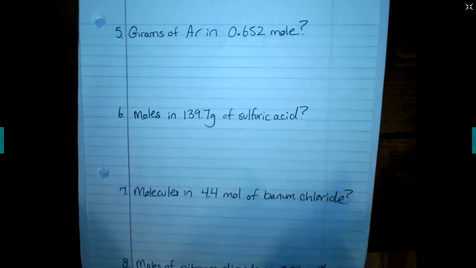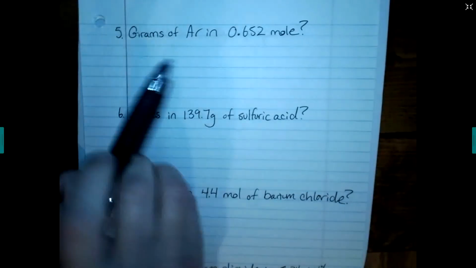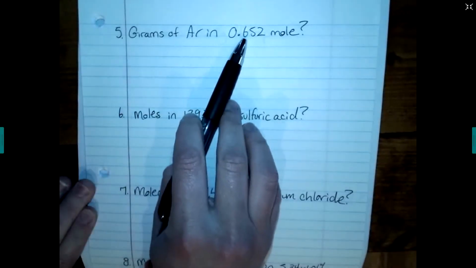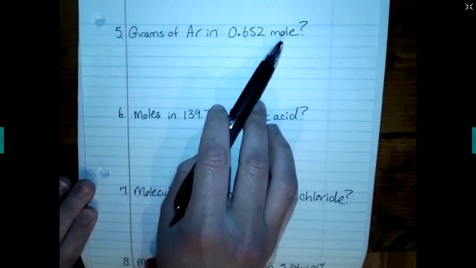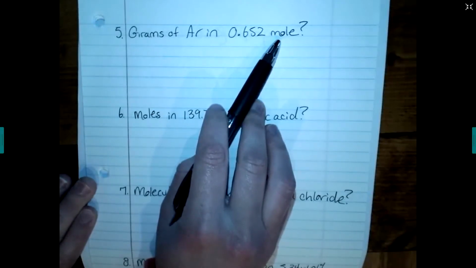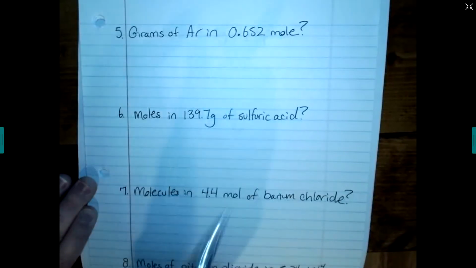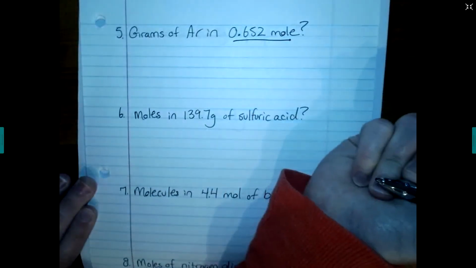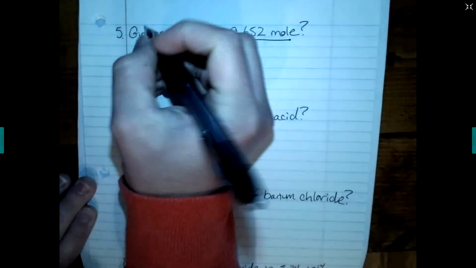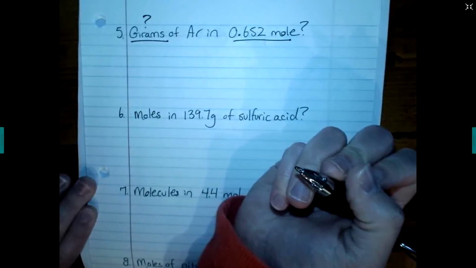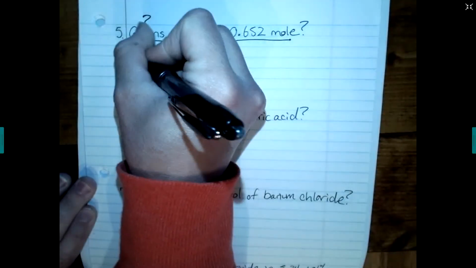So starting with this very first problem, the question is how many grams of argon are in 0.652 moles of argon? So hopefully you remember how we set up dimensional analysis problems. You always start with what you know. So I know how many moles I have of argon. What I don't know is how many grams that is equal to. So starting with what I know, I have